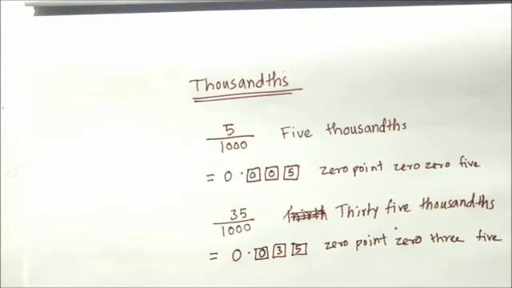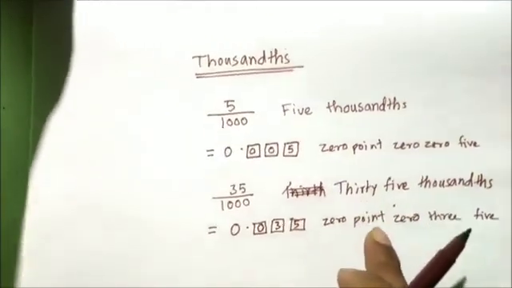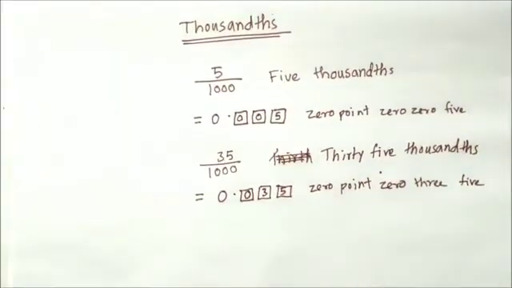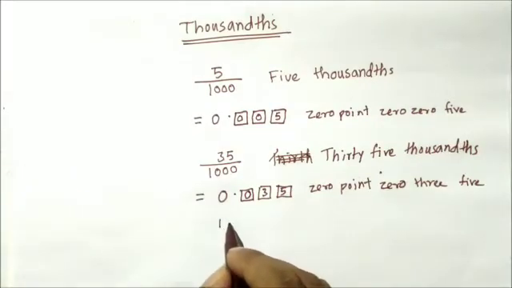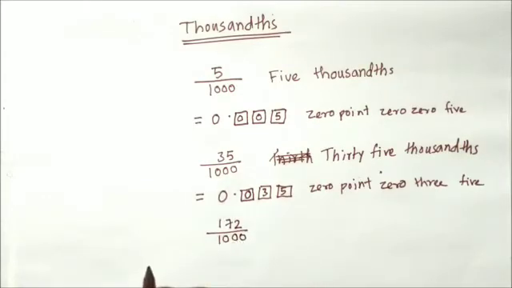Similarly, you just assume that we have 1000 small boxes, and out of the 1000 small boxes we colored 172 small boxes, we shaded 172 boxes. So we can express this as 172 out of 1000. And this can be read as